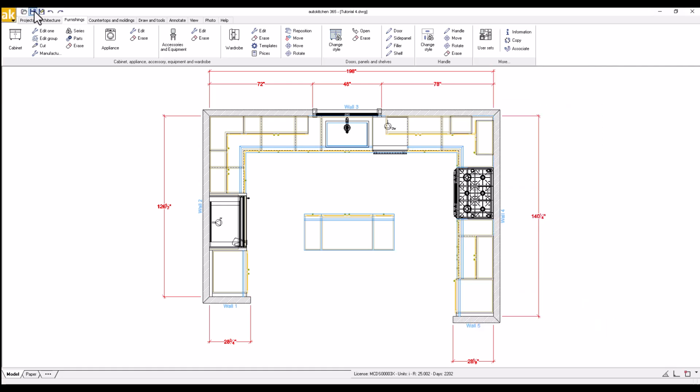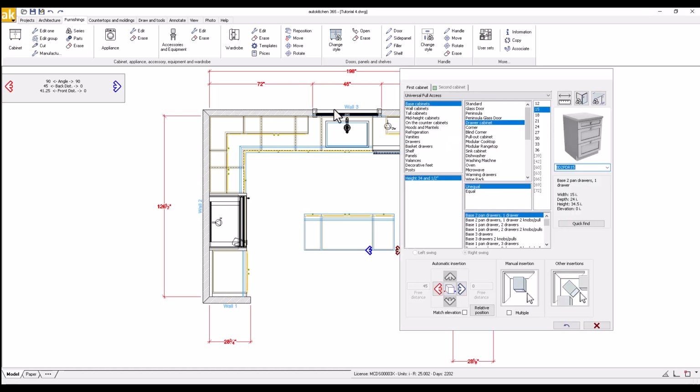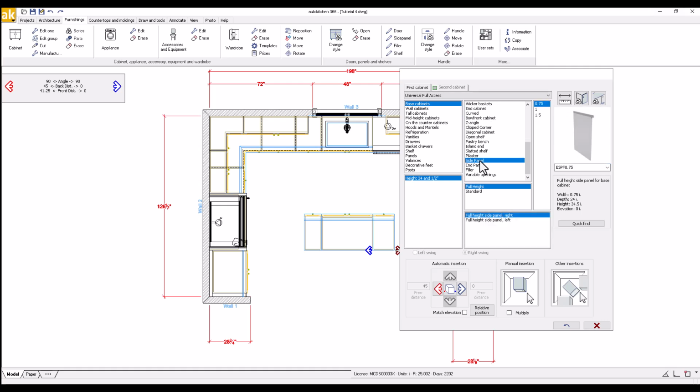To complete the island design, we need to place side panels and a back panel. Then we need to edit the countertop and place a wraparound base molding around the island. Click on Cabinet to open the cabinet insertion window and select Side Panel under Base Cabinets. Make sure it's a standard side panel, not a full height one, and left, 0.75 deep. When selected, click on the red arrow to place it on the exposed side of the drawer base cabinet 15